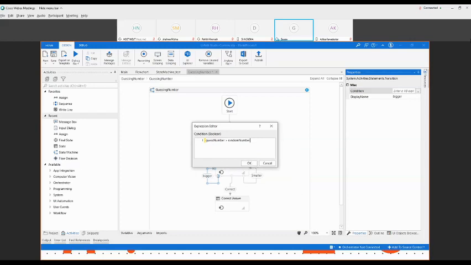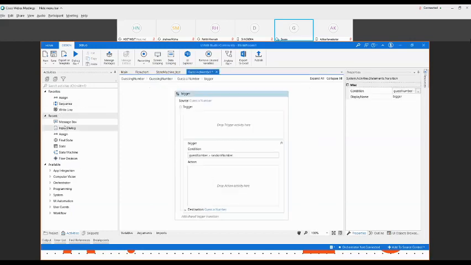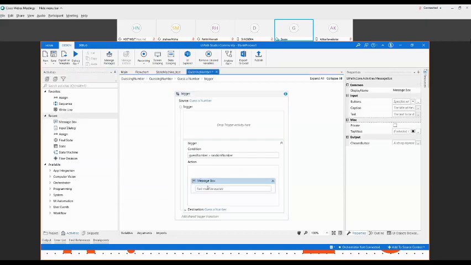We have to mention a message box to tell the user what to do: the number is bigger, try with a smaller number.